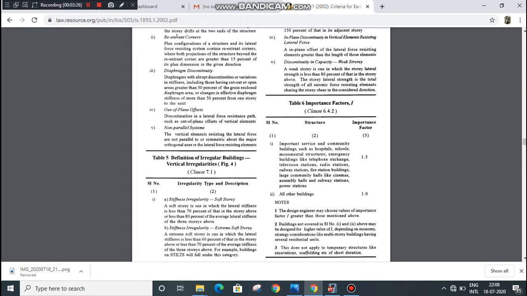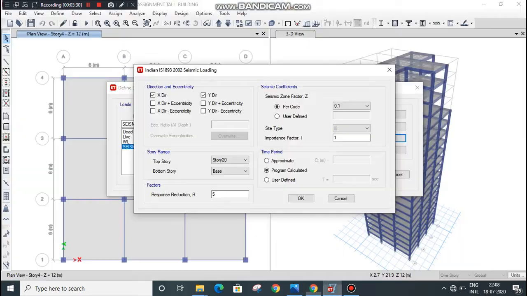For residential buildings is 1. Therefore, select 1 as importance factor. Now time period will be calculated by software itself. Click on program calculated.